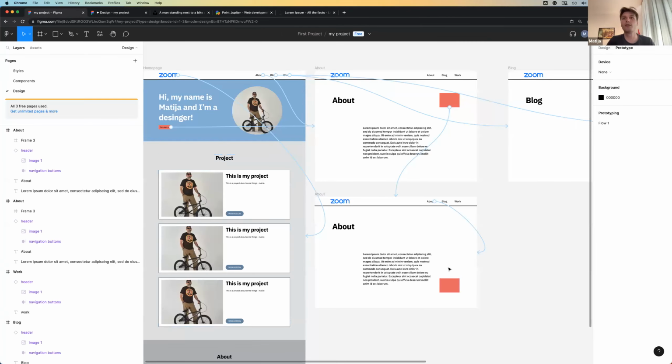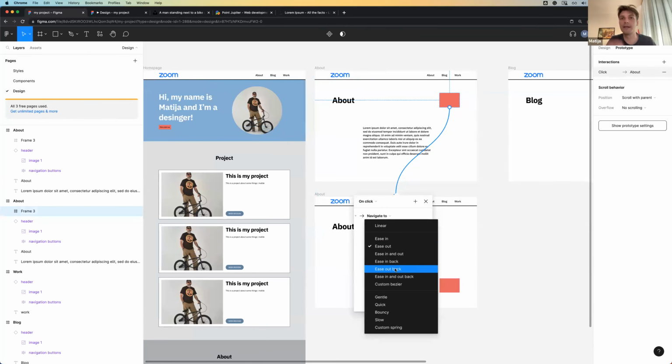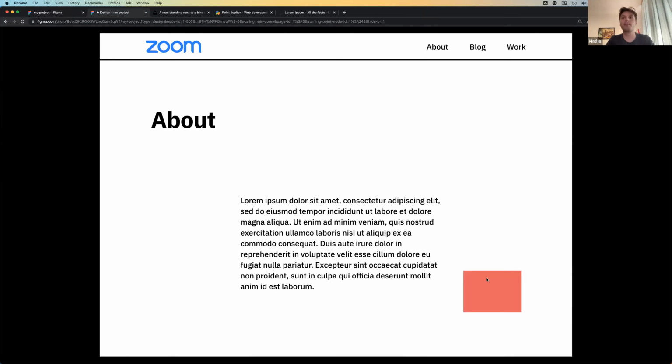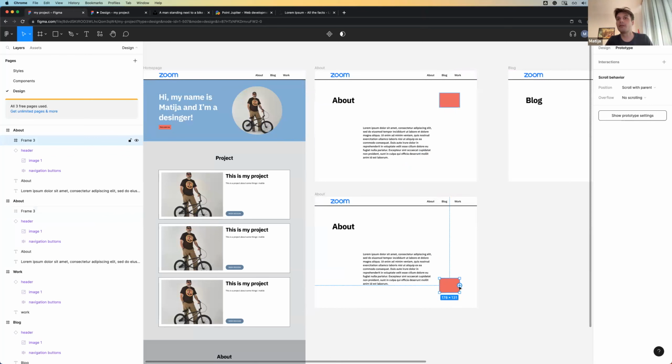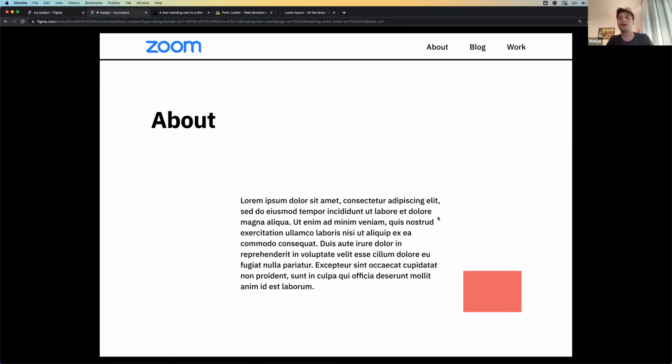And I can also play around with easing, like let's say bouncy. You can also have like animation to show you how it works. So now, but I can't go back, I need to refresh it, but I can just create a new connection here. Smart Animate, it remembers the settings. And now if I click,